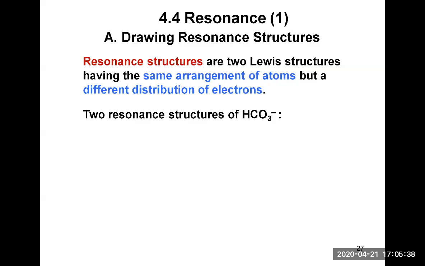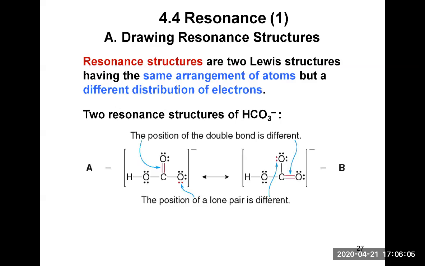And then count the total number of valence electrons. You should get 24 valence electrons. Place the single bonds, deduct the number from the total number of valence electrons, and then distribute the lone pairs. And you will find that carbon does not have an octet, and one of the oxygens will have to share. And so these are 2 of the structures you can get, because either the top oxygen shares with the carbon,